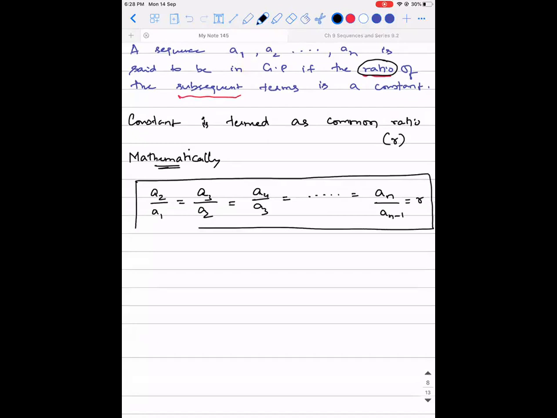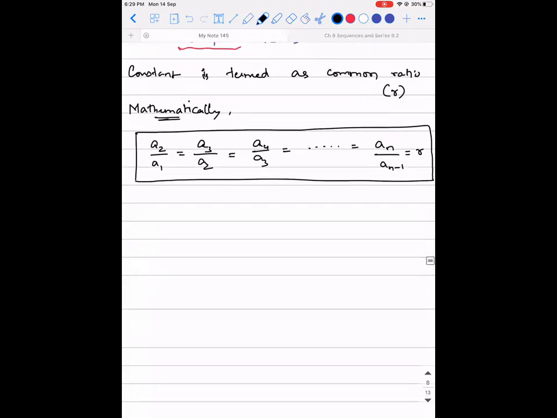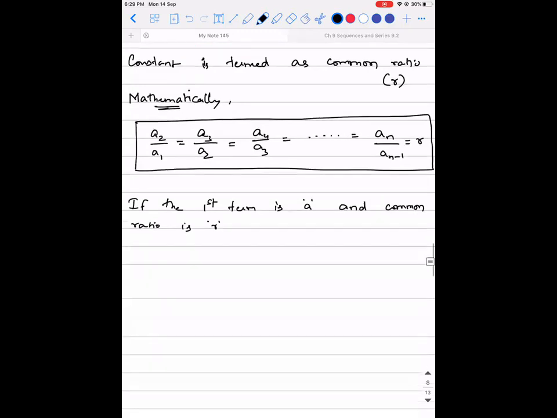Are you guys able to understand this point? So this is what is called GP. This is the mathematical condition for a geometric progression to exist. Okay. Next, if the first term is A and the common ratio is R, then what will happen is